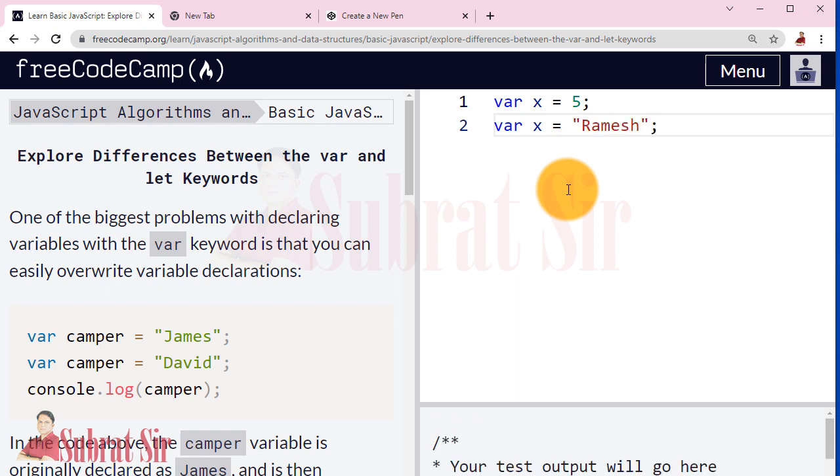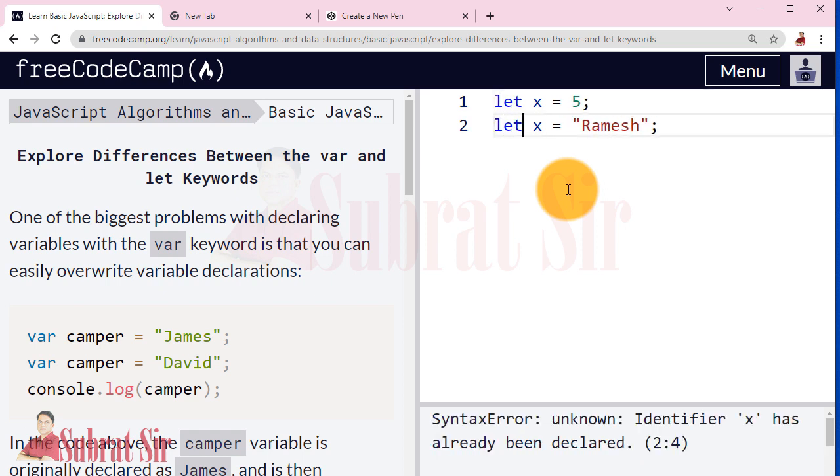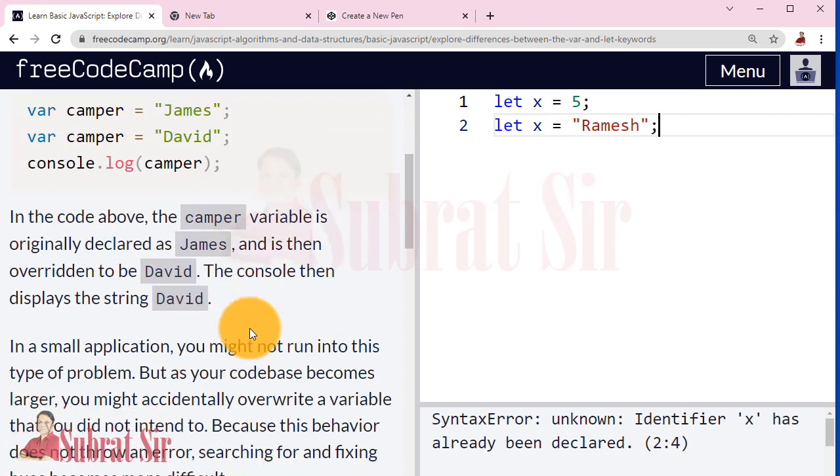Okay, so actually you don't remember that you have declared it once, so you declared it again. But if you are using var keyword, it will not show you any error. So not to do this type of mistakes, you can use let instead of var.